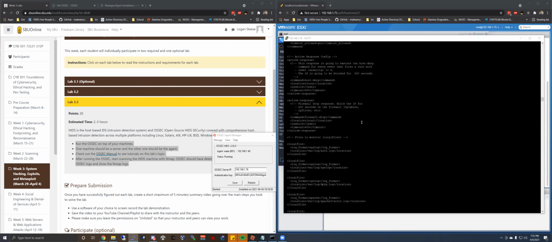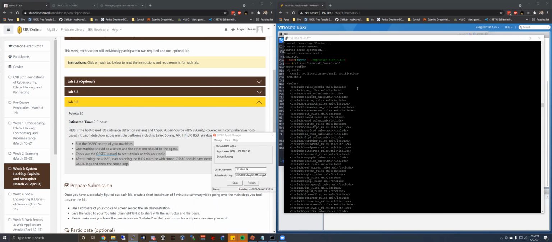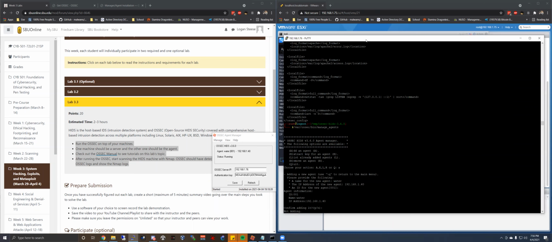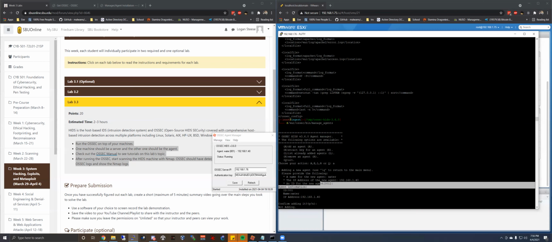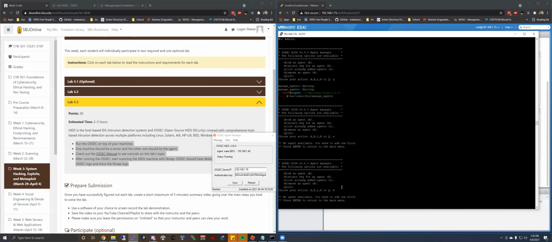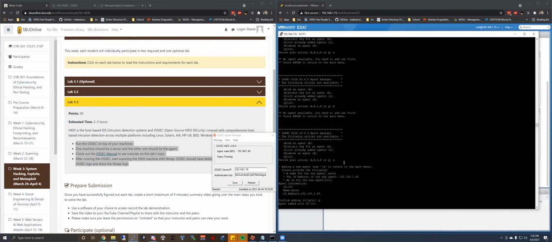Okay, so we run the configuration and install it. And from there on, what we have to do is manage the agents. After we specify that the Linux server that I've got open right here is a server, we have to configure an agent. So we add an agent, which is my Windows computer. We just give it the IP address and agent number and label it. And then we export the key,